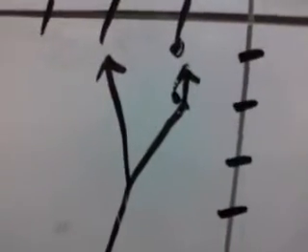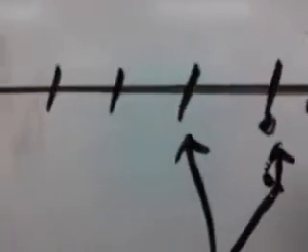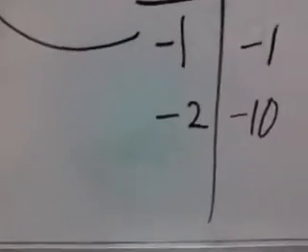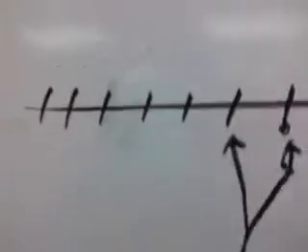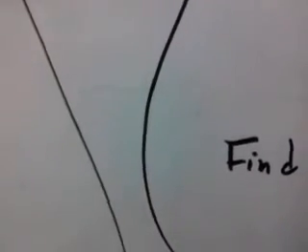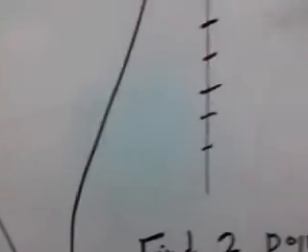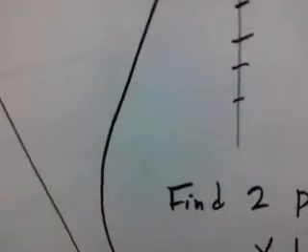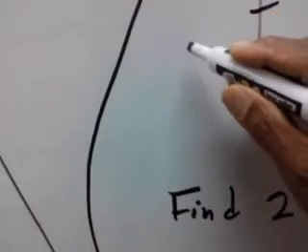My next point is -2, -10. So this time I go 2 to the left. You see, that's my second point there, -2, -10. So this time I go 2 to the left and then down 10. So I go 1, 2 to the left and then down 1, 2, 3, 4, 5, 6, 7, 8, 9, 10. So I had to add on some marks there. So this would be my